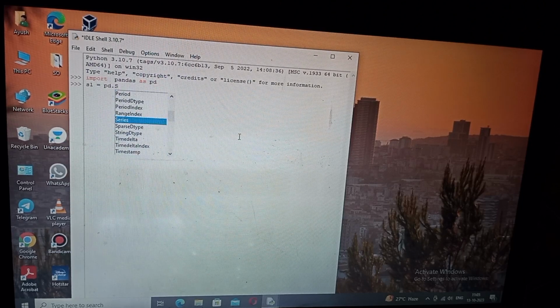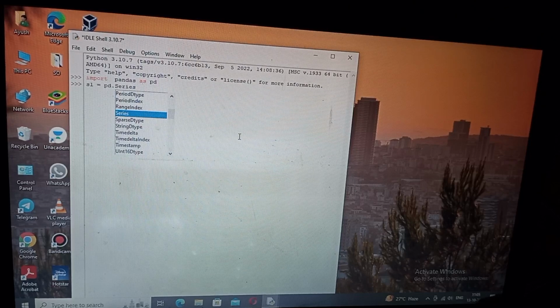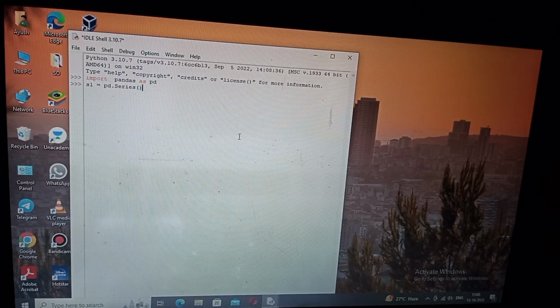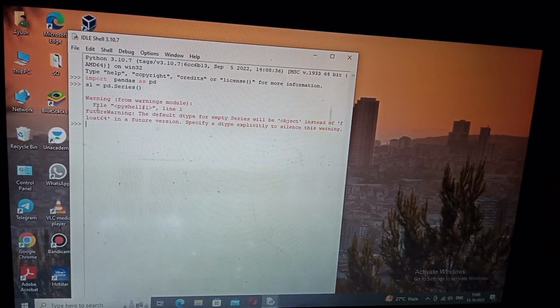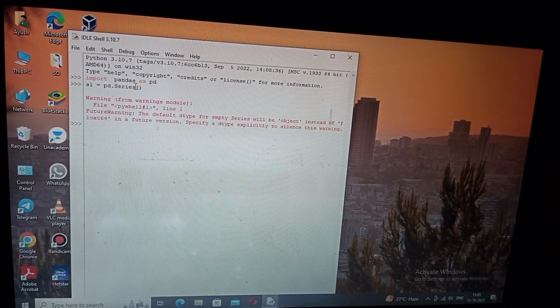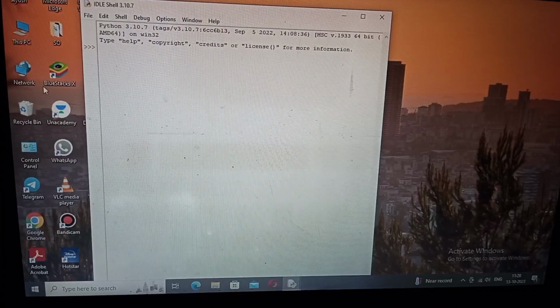And remember, the first letter of Series must be in caps lock. I am not entering anything here, so it will give nothing, because I haven't entered any list or variable inside this bracket. So it is giving me a sort of statement that the object will contain a